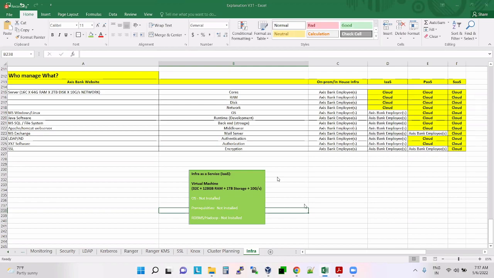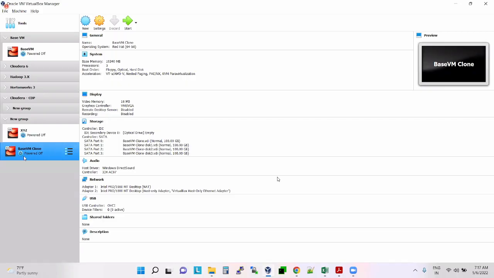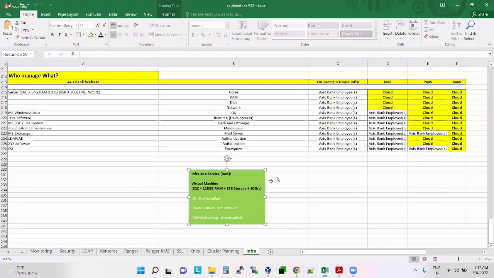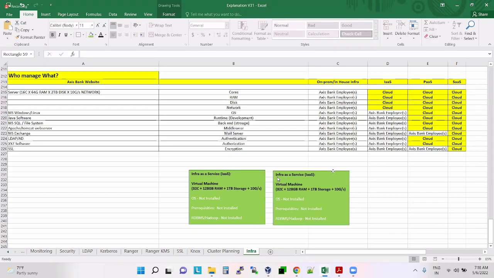But when it comes to the PaaS model, it will give you infrastructure in a way that is readily available. It is ready to start using actually. So here, platform as a service.